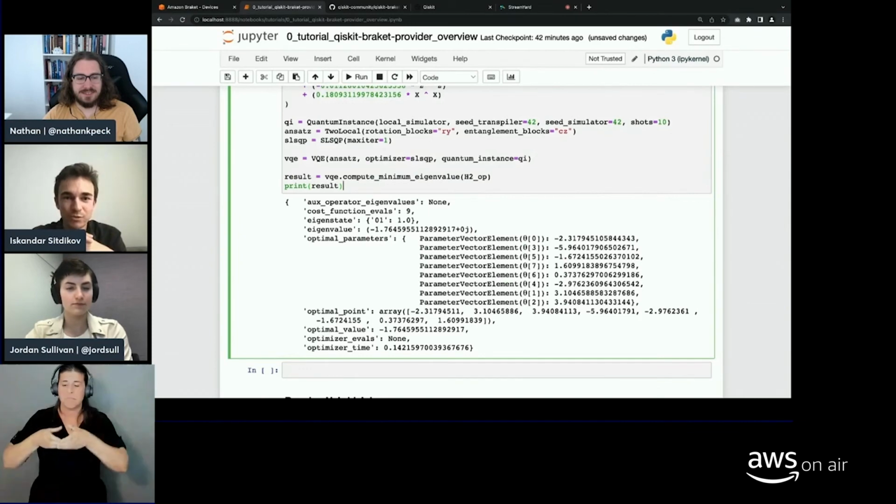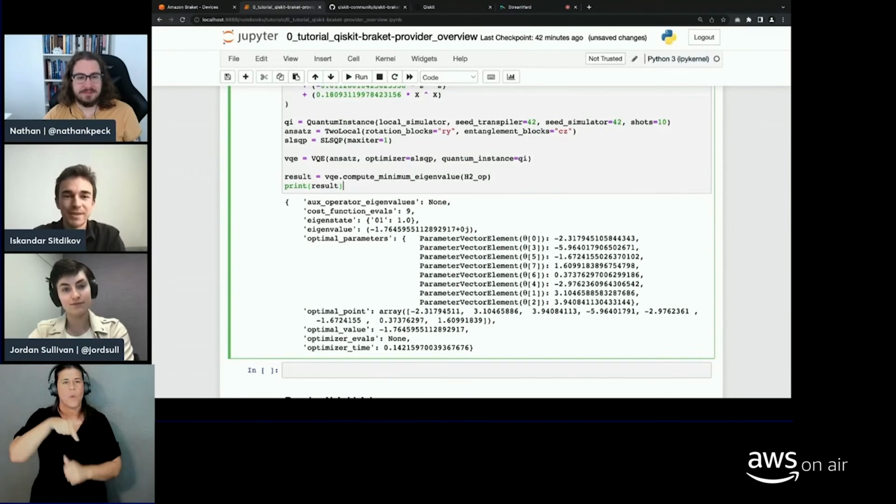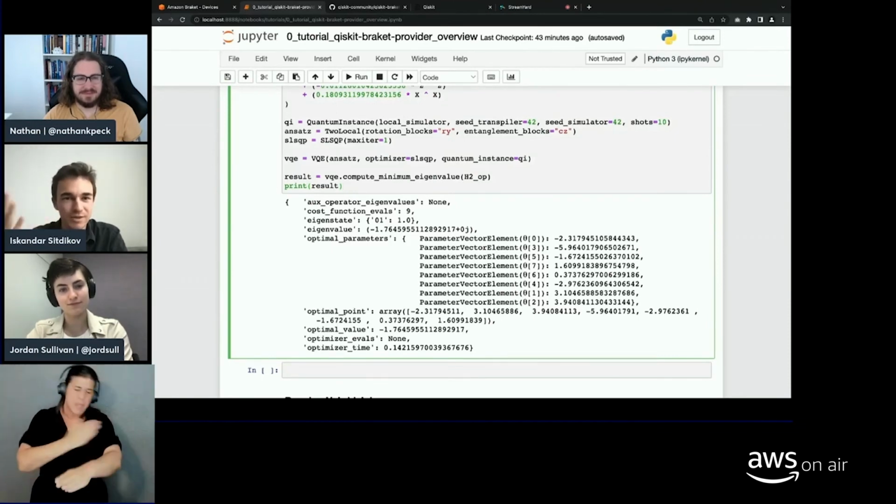For the last couple of months we've been working collaboratively with Qiskit mentorship and folks from Braket in order to provide this utility for developers and researchers. We started in March, and we're more than 2 months in. I think we have around a month until the end. We already reached MVP stage for this Braket provider, so it's stable. You can run your workloads. For the following months, we will be working on improvements, adding new features, and so on.